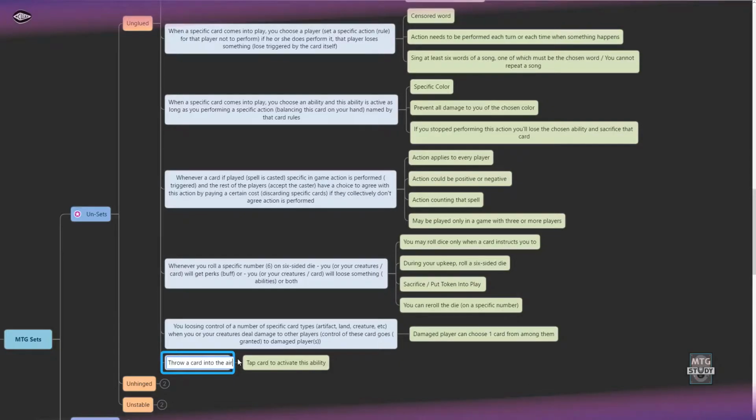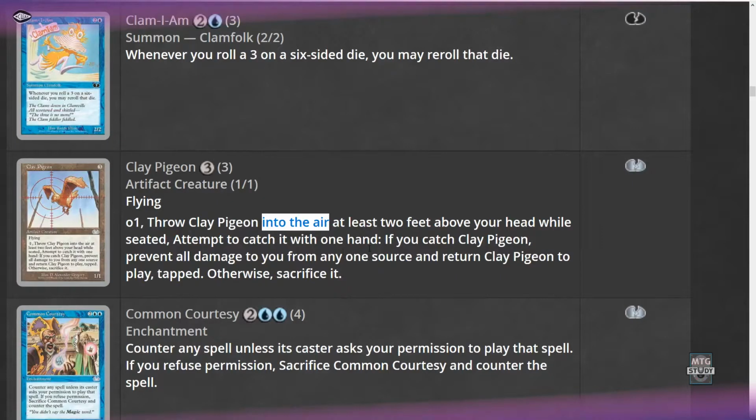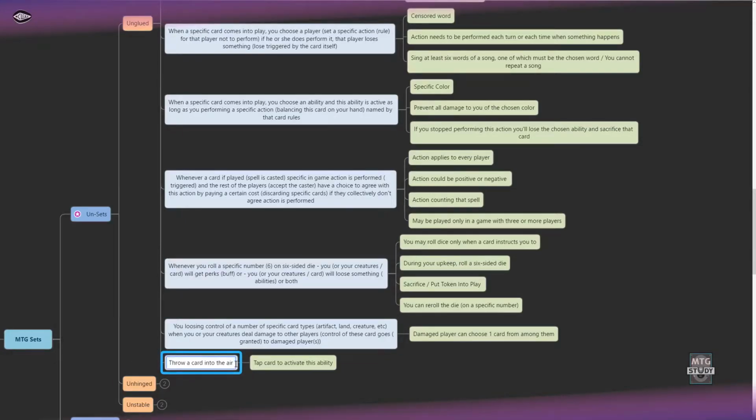Throw a card into the air. And what then? Again, trying to generalize. So after you throw a card in the air, with a certain restriction, yes, because we have to be seated, no, we have to sit,